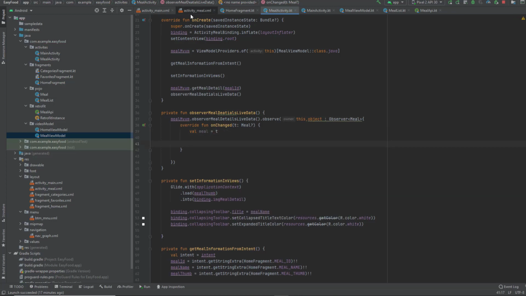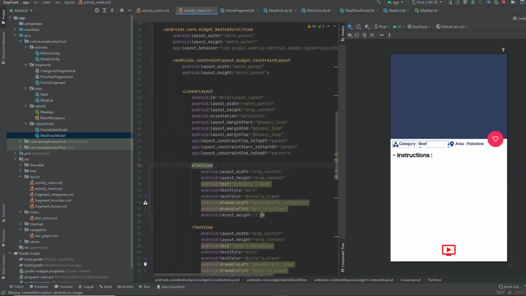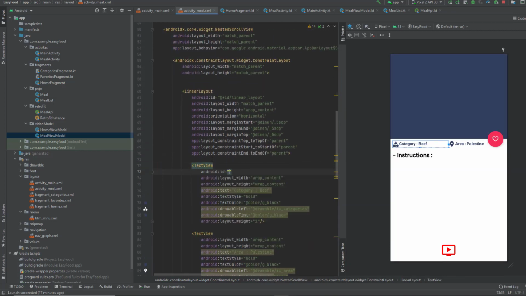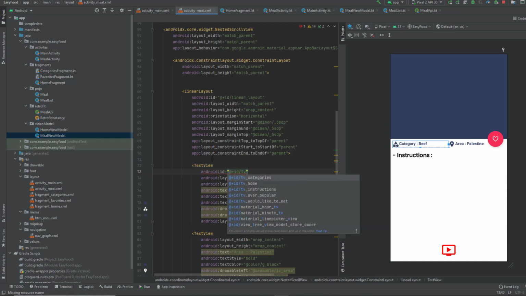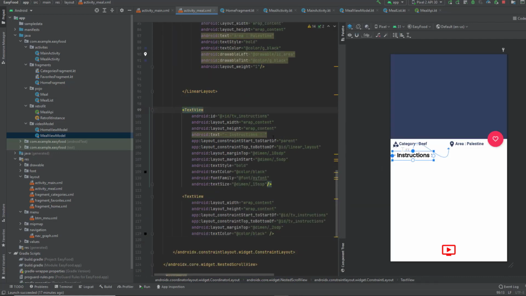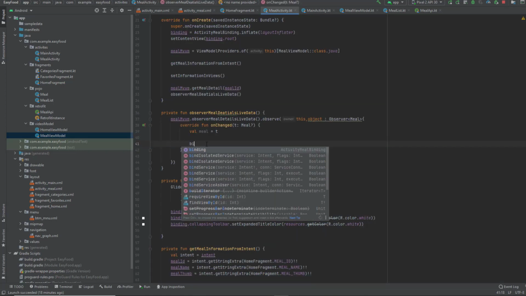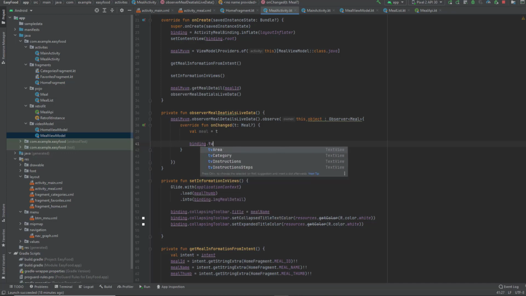Now go to your design. We forgot to add the IDs for these text views. So I'm going to add them now. ID TV category, ID TV area. This text view, it's okay. ID TV instructions steps. Now we're gonna set the category binding.tv category.text equals meal